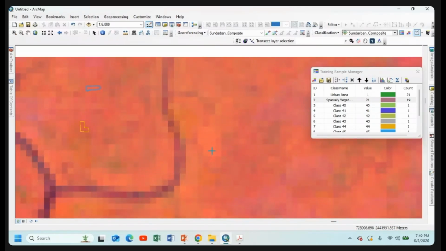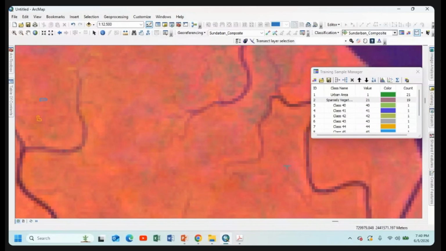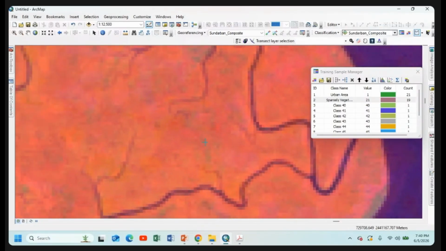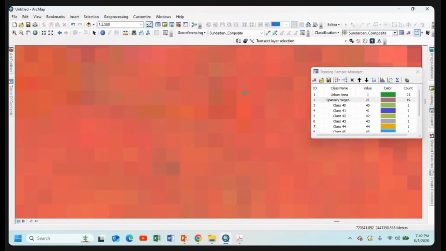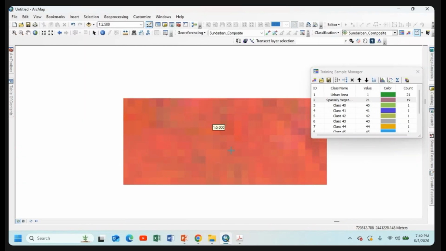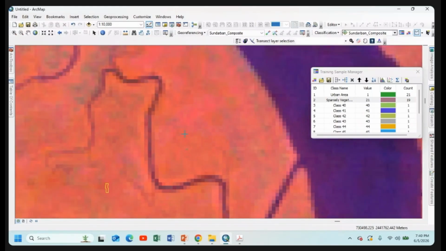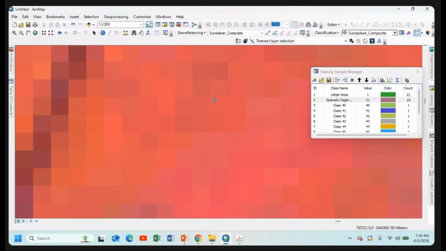Here some faded pixel color has been observed, so we will leave that and go to another side of the map. Here most of the parts have highly dense vegetation. Here some pixels are clearly visible as healthy vegetation area.